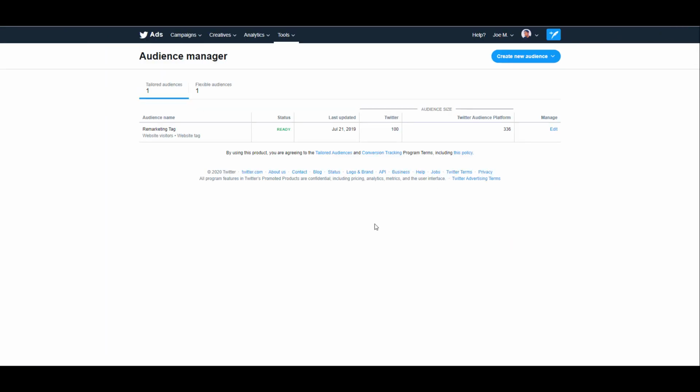When you set up your pixel on your website, it's real easy to create a remarketing tag and start building an audience off of anyone who's visited your website. And tailored audiences based off of web visits are going to be the most common types of audiences that you can create and use for your Twitter ads. Just go up and click on Create New Audience. And even if you already have your tag set up, you still need to choose the Make a Tag to